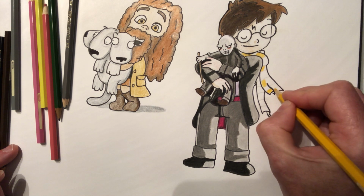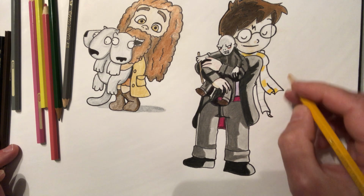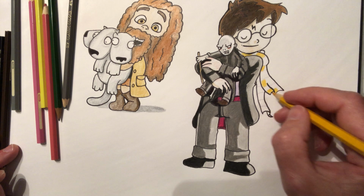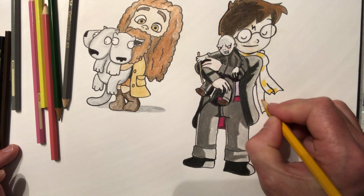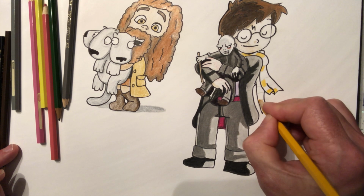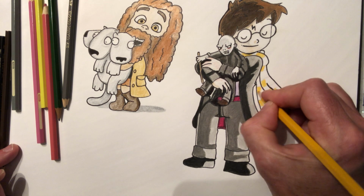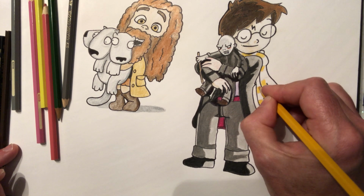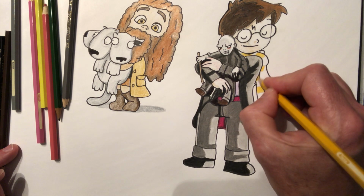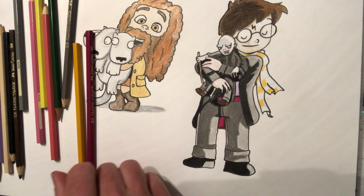And we're going to go darker in there. So this side, this one, we're going to go almost totally darker orangey yellow. All orangey yellow under here. And a flash of yellow here as well. Now red wise, we're going to go